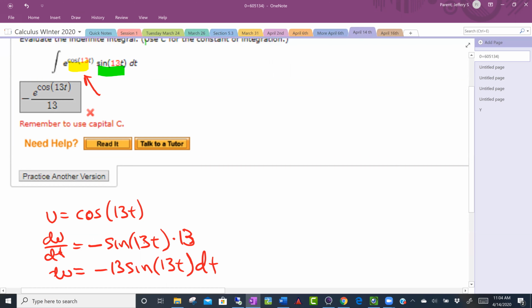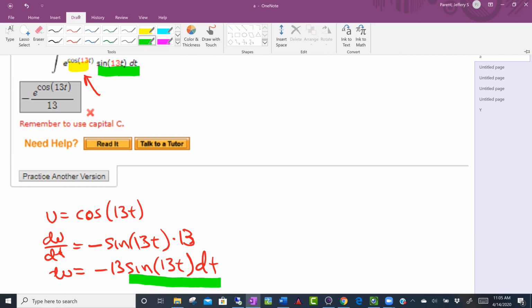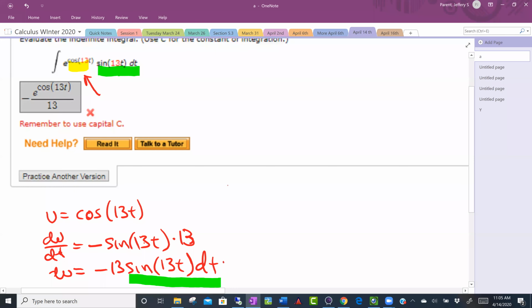And let me look back up at my integrand. That's what I've got in my integrand, and that's almost what I've got here. But what I've got to do is get rid of that minus 13 here. So I can do that by multiplying both sides by the reciprocal. So let's do that. So it's going to be negative 1 over 13 du equals sine of 13t